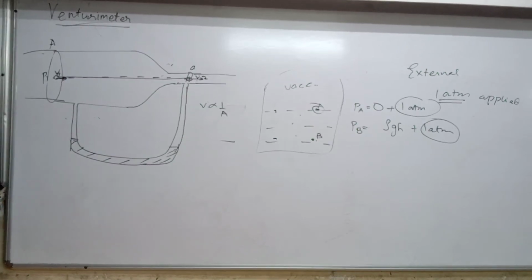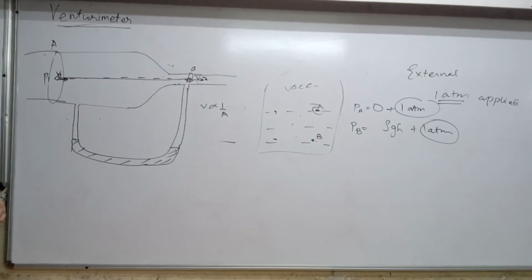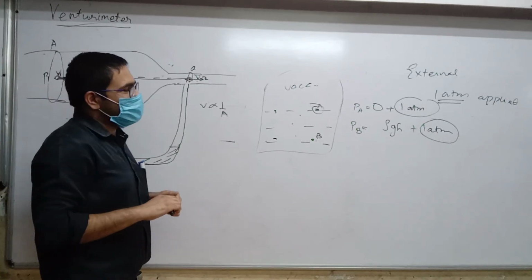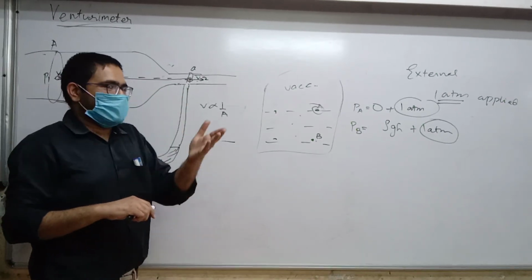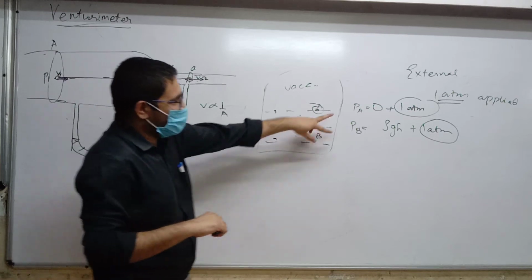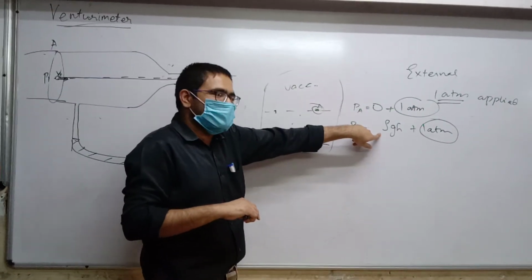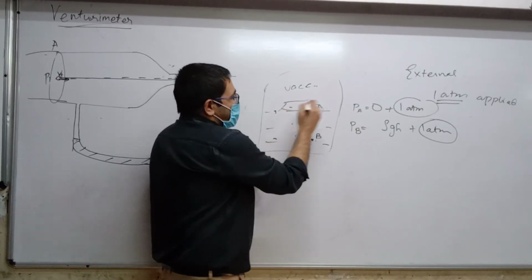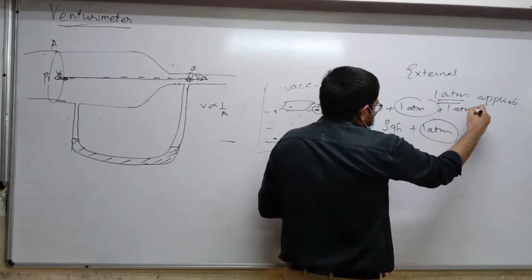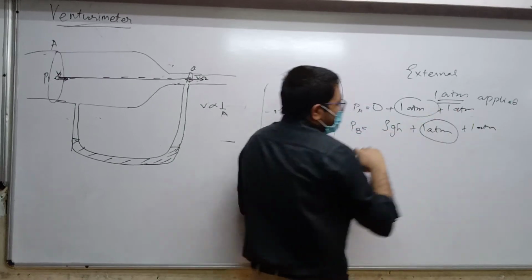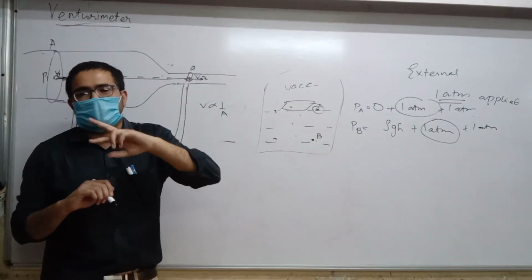Sir, then the way you said, PA will always be less than PB. Of course. And as long as this is in equilibrium, this difference will always remain rho g. If you put something extra here, this increases further. Let's say plus 1 atm extra, then here also plus 1 atm. But the difference will always remain the same.